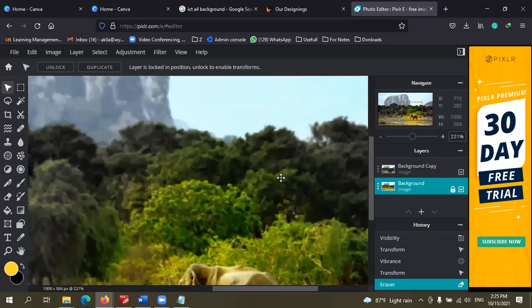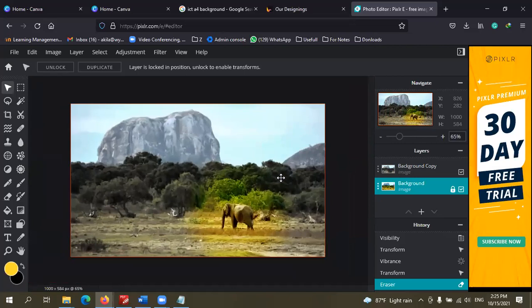Right, everyone. Now we're going to use the other feature, that is photo editing. So now you can open the other two images.